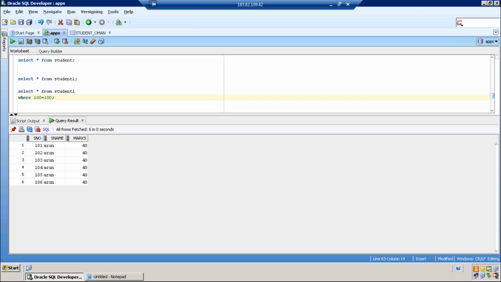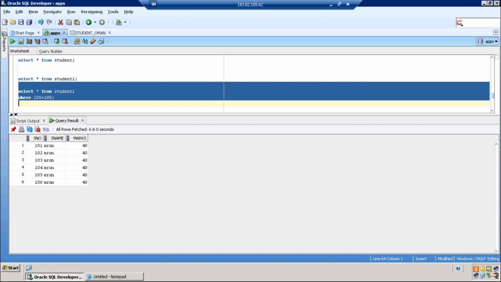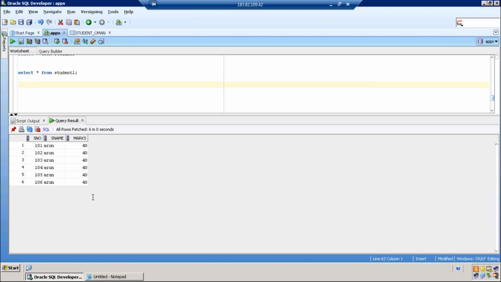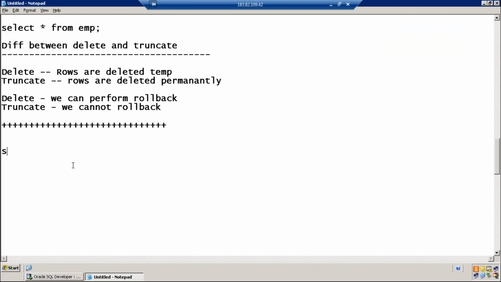So generally in real time, how will the table backups be created? The name of the table is student 1. I want to create a backup table: student 1 underscore BKP.